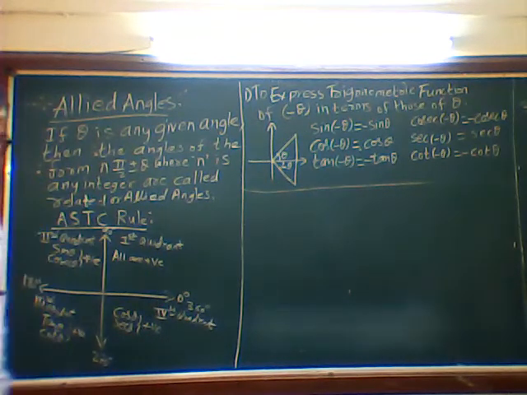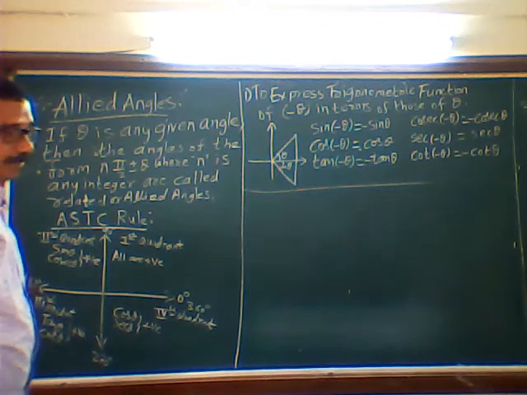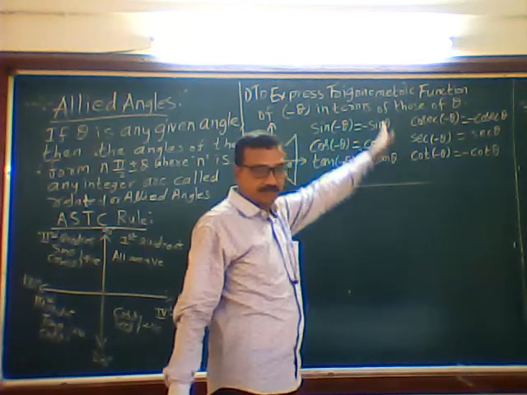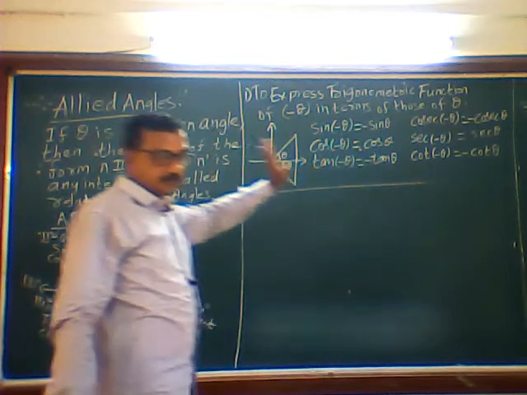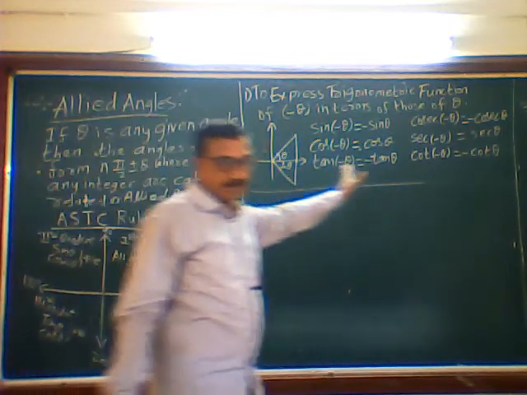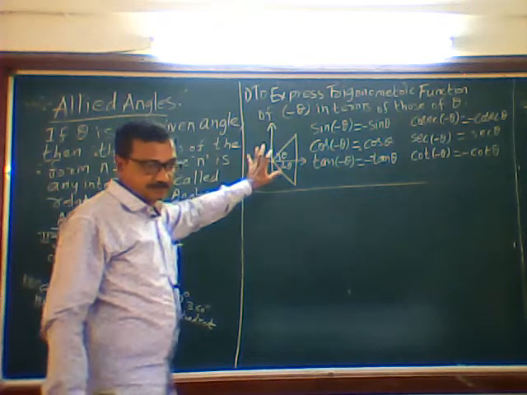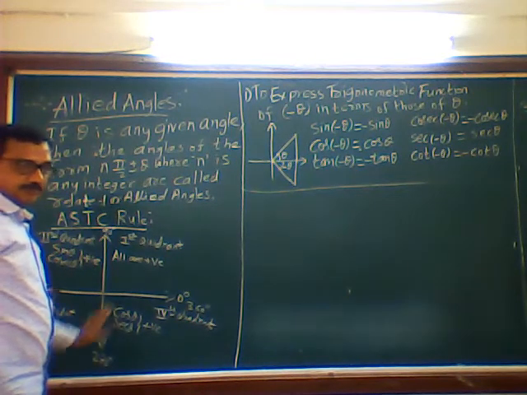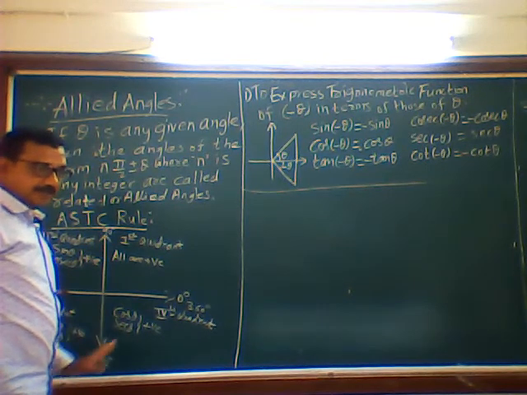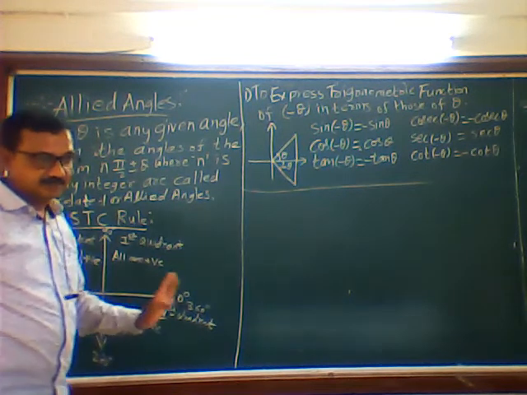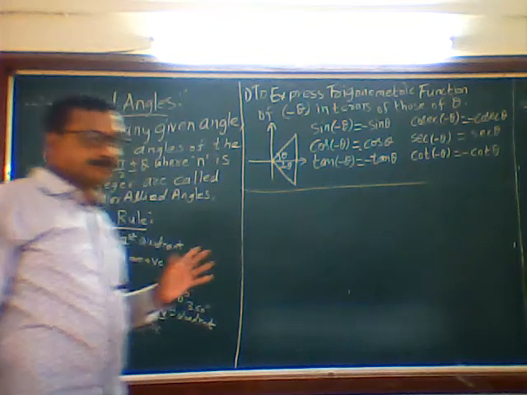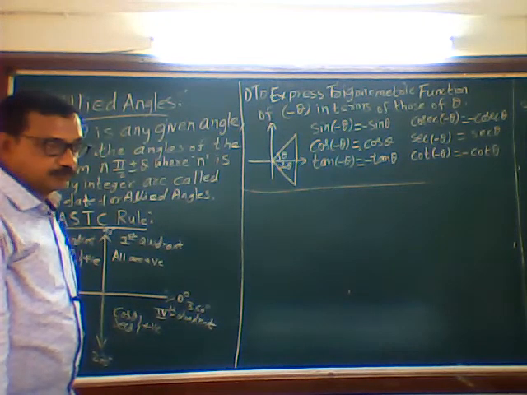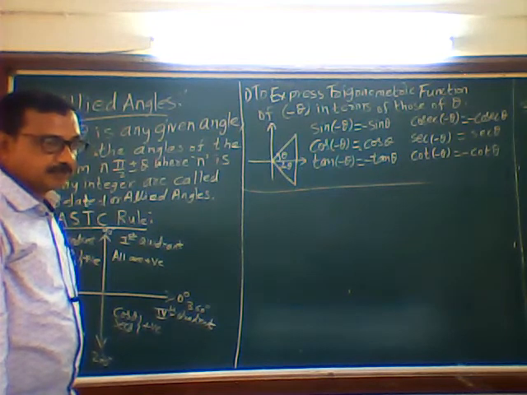Okay, to express trigonometric functions of minus theta in terms of theta, I am starting with the minus side and I am writing in terms of theta. There is no need to mind this, just remember this diagram and the ASTC rule. Then automatically all will come. While reading, read it twice, thrice. Then summarize, take a paper and start writing. If you make a practice of writing 2-3 times, then it will come automatically.